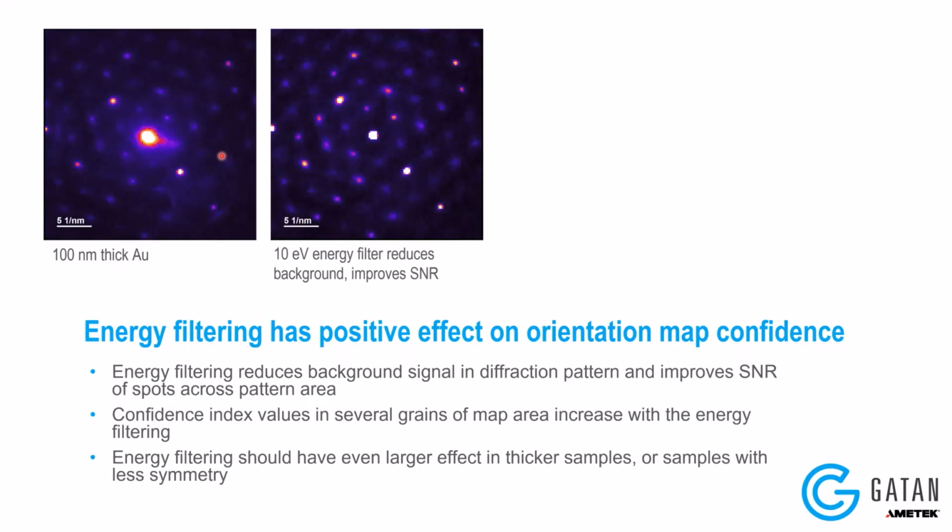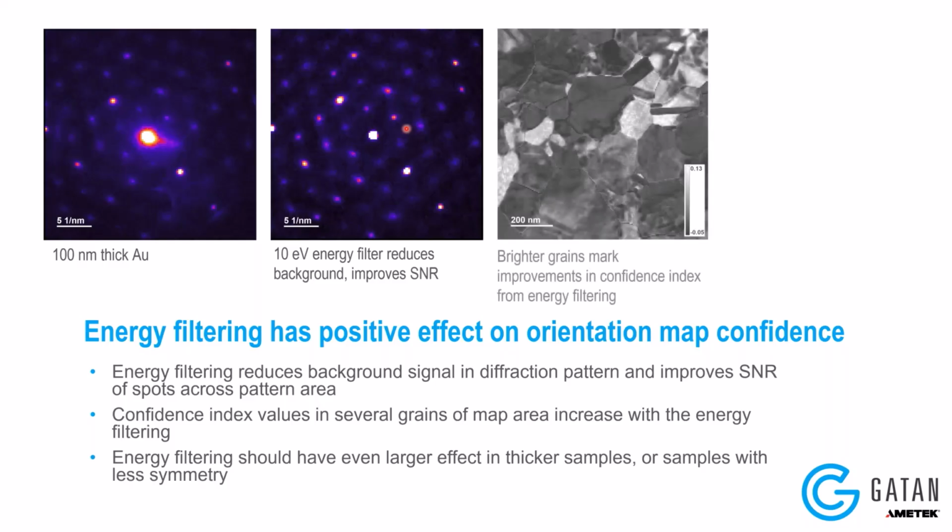And then when we use a 10 eV energy filtering slit, we can see that there's a big reduction in the background signal on the pattern, and it improves the signal to noise in general of all the spots across the pattern there. And so one thing that I wanted to do is see how this increases the confidence index. And so this map here essentially is